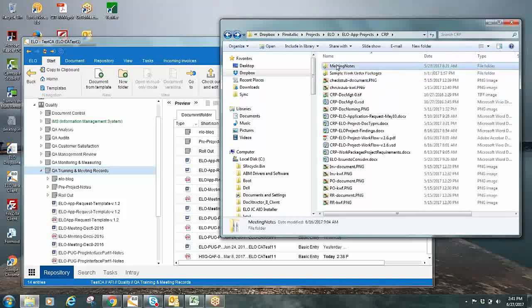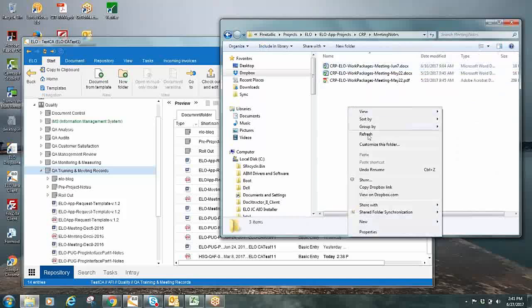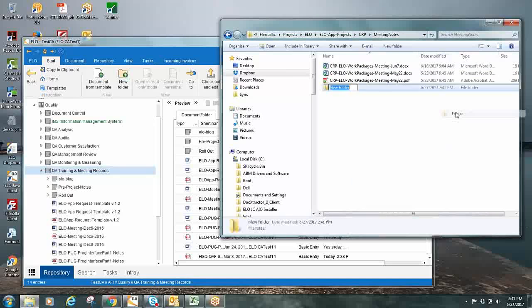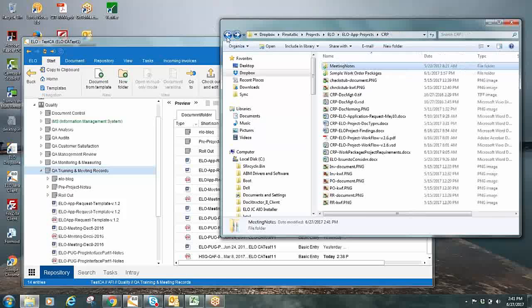I'm going to file. Imagine that underneath this folder, you had 2 or 3 different subfolders. With the mass filing capability, or drag and drop directly into your repository as opposed to dragging it into your in tray, if you go directly into your repository, you can actually